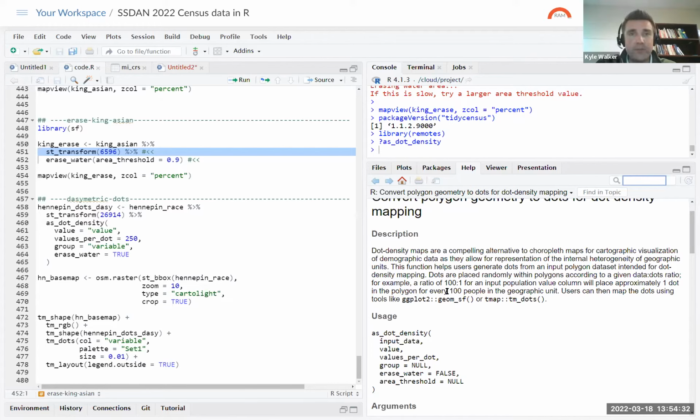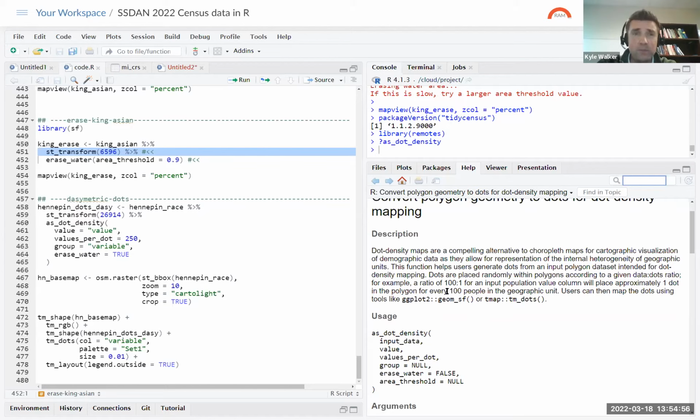Then what it'll do is it steps through each group. So basically, if you specify a group, as we did, it'll take the group. So it'll take Hispanics, randomly place the dots for Hispanics. Then it'll take the white population, randomly place dots for the white population, and so on and so forth, and then combine the result. One issue that can come up, however, with combined dot density maps, and in ArcGIS, this is a big problem with their implementation,